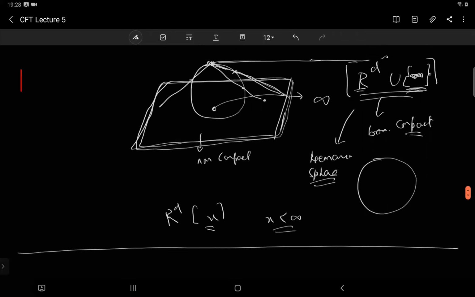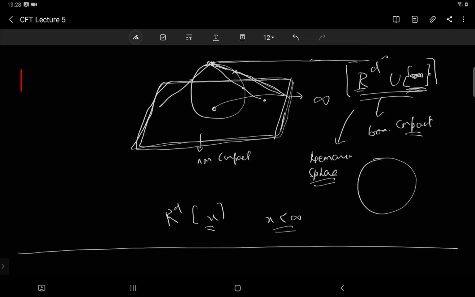Yeah. So it is the fact that the special conformal transformation can take you away to the point at infinity that makes this space topologically a sphere. Because by translation you can never reach infinity. By rotation you can never reach infinity. Even by scaling you cannot reach infinity. I mean, by a finite translation you cannot reach infinity, by a finite rotation you cannot, and by a finite scaling also you cannot. But by a finite special conformal transformation you can reach infinity.